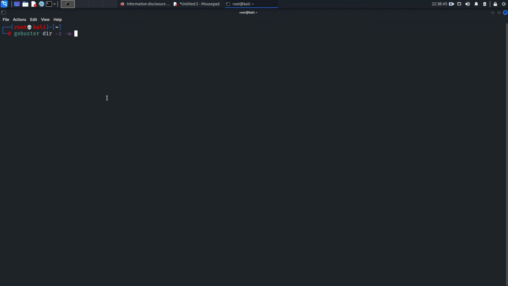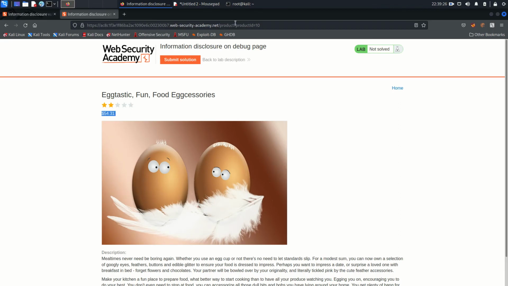The word list I am going to use is /usr/share/wordlists/dirbuster, and inside dirbuster there is directory-list-2.3-medium.txt. So this is going to be the word list for the directories,